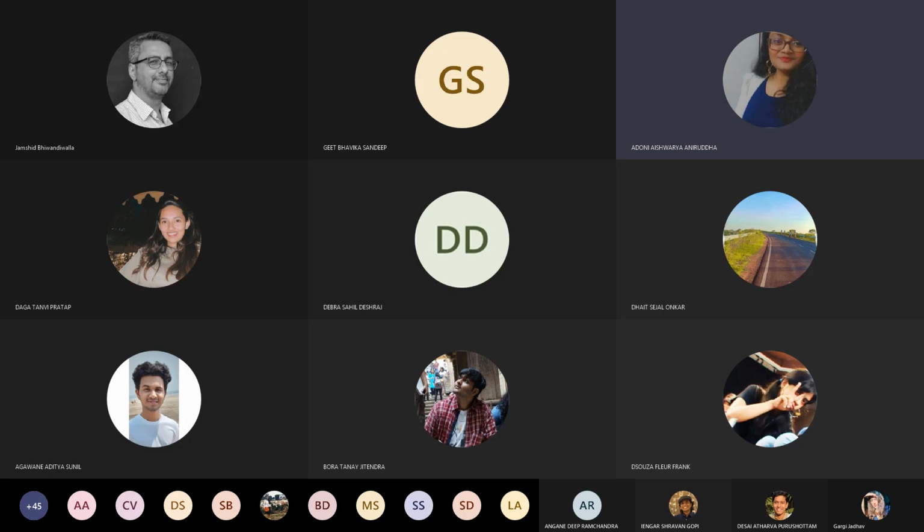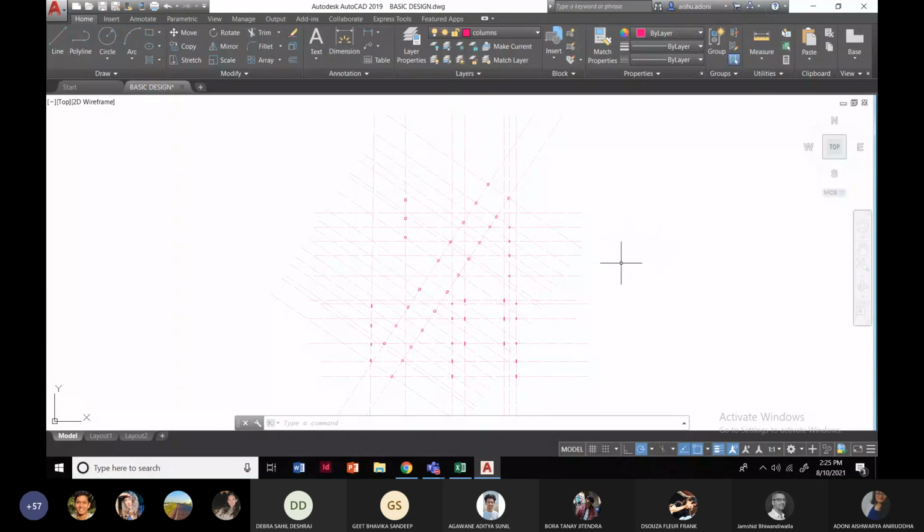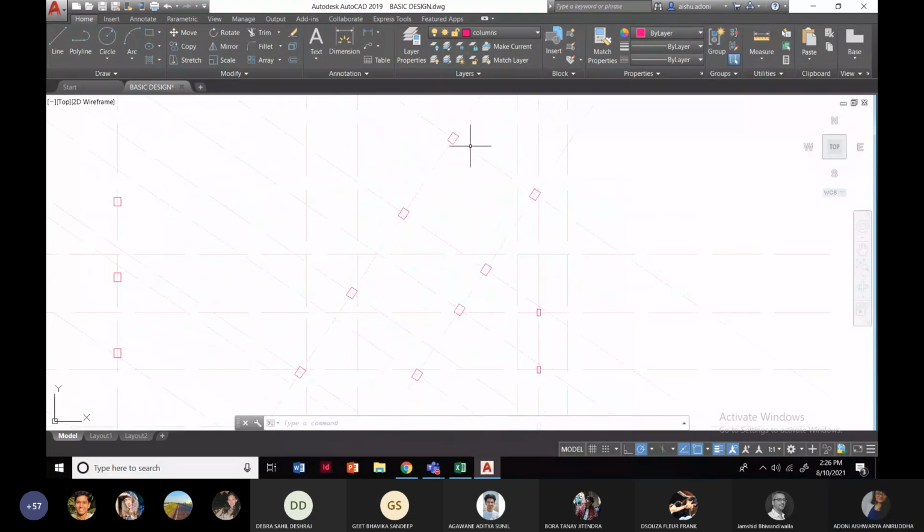Can I show? I don't have it completely figured out yet. But that is exactly what I'm saying. When things are not completely figured out, and if you don't ask in today's class, how do you expect to resolve it this evening for tomorrow's submission? This is the perfect place to ask. Go ahead. Please zoom in, I can't see it. So I have these set of columns which are going in this direction.